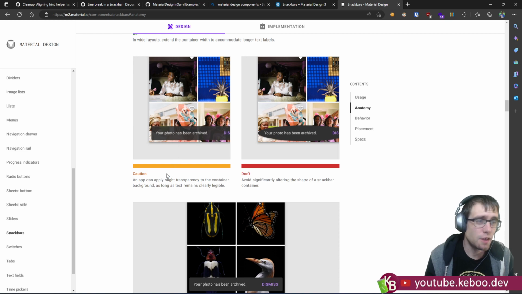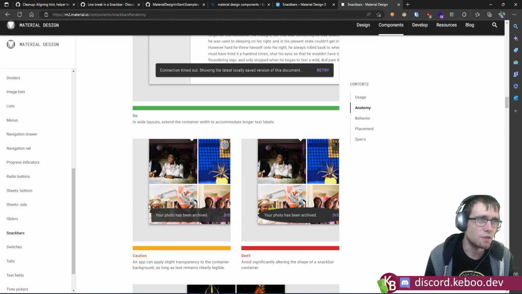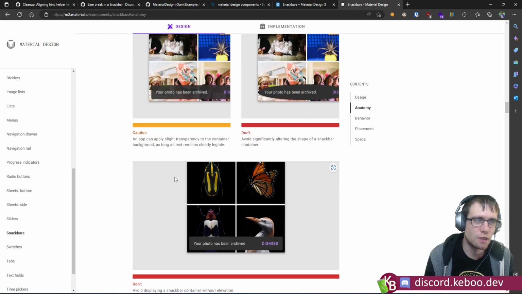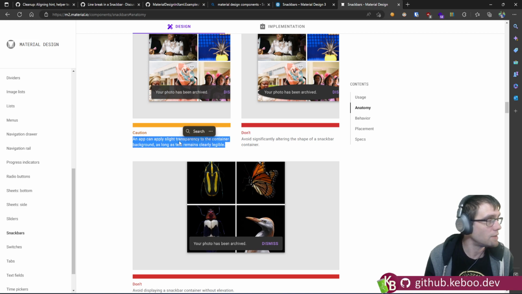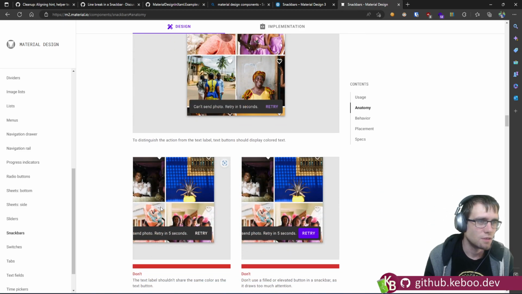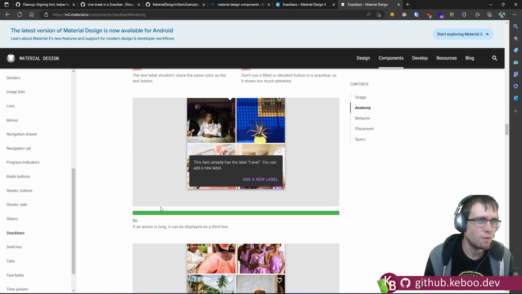Oh, slight transparency is allowed. That's unusual to see, though it is with caution. A lot of the material design stuff really does not. They strongly limit opacity and strongly limit gradients. Okay, so